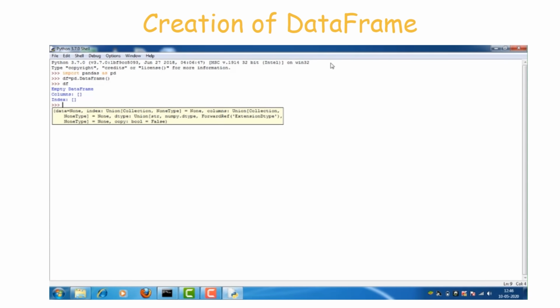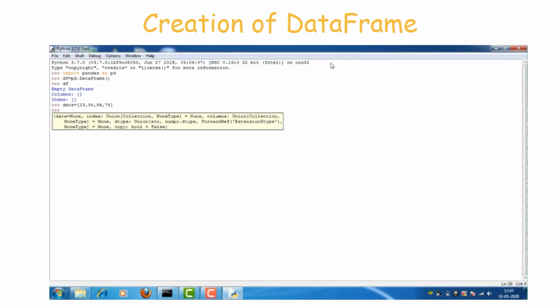In pandas we can create a data frame by using a list, list of lists, dictionary, arrays and so on. Now we are going to see how to create a data frame with a list. The data variable is created with a list of values. In Python we can create a list by specifying square brackets: 23, 34, 56, 78. Now the data list is created.